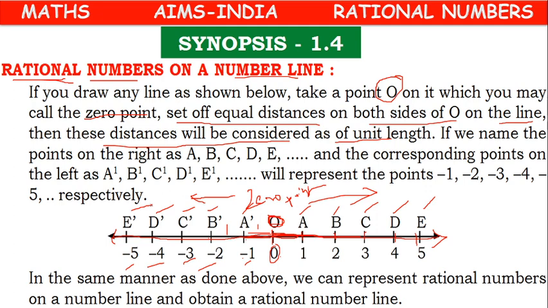So this is the normal integer number line which we have learnt already. If we have integers, we can represent them in this way. We can draw a line. In the middle of the number line, we take the 0 point, which we denote as O. On the right hand side, we take positive numerals 1, 2, 3, 4, 5. On the left hand side, we take negative integers -1, -2, -3 like that. So this is the representation of the normal integer number line. In the same way, rational numbers also we can represent on a number line.